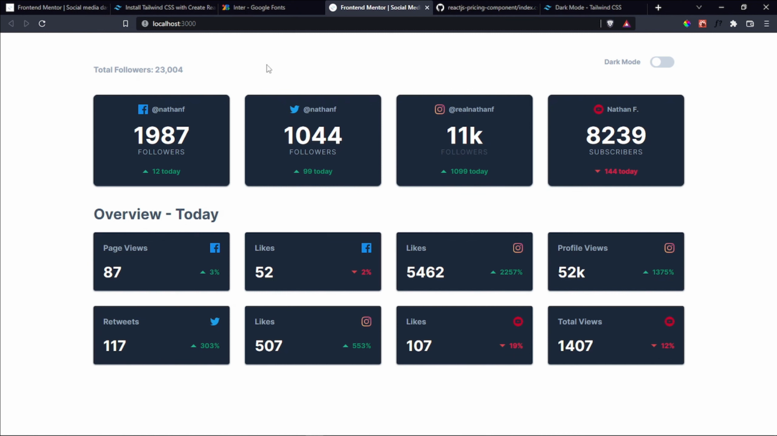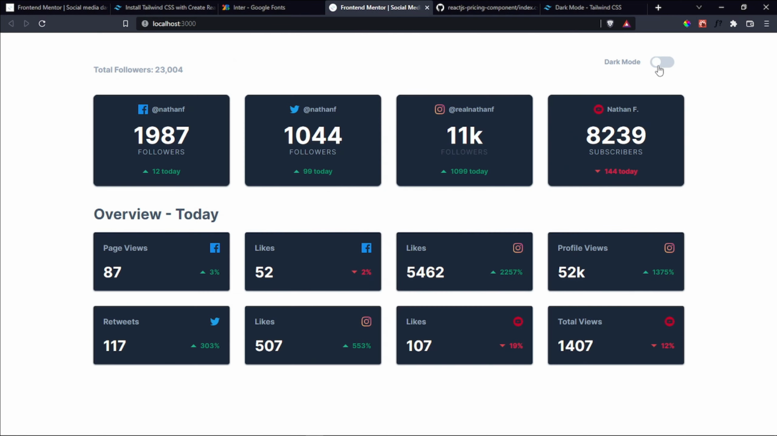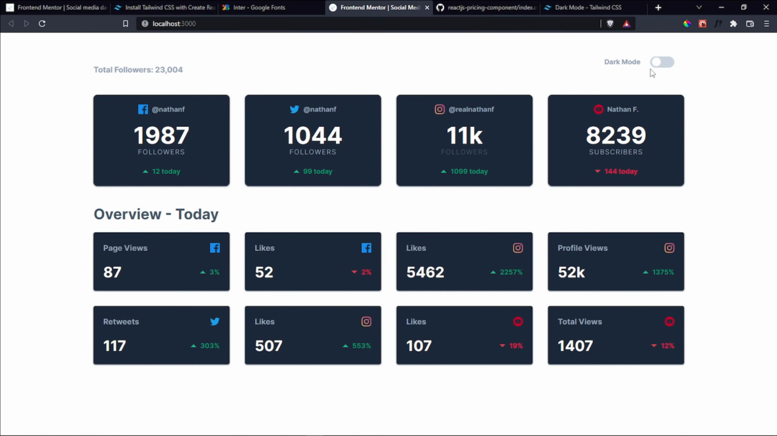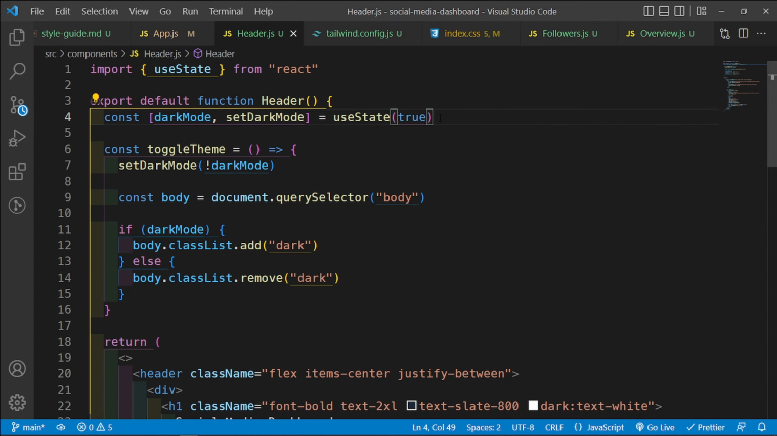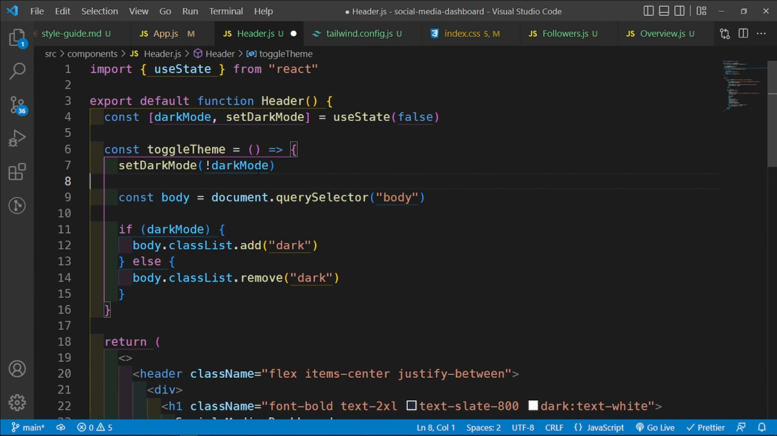It should fix it. Let me reload. Let's see. No. That's not it. So if checked is true, then I want the dark mode to be shown by default, but I don't want the dark mode by default. I want it to be light mode by default. So this should still say false, and let's see, it should say false, and then